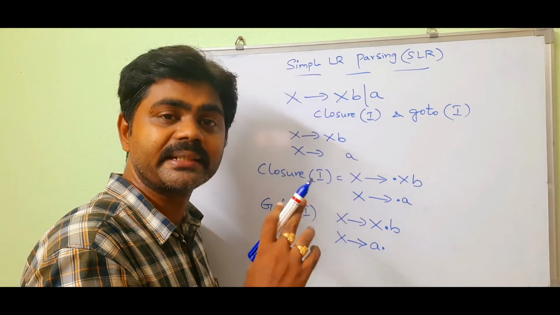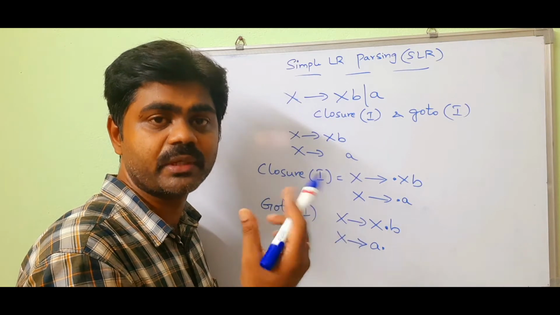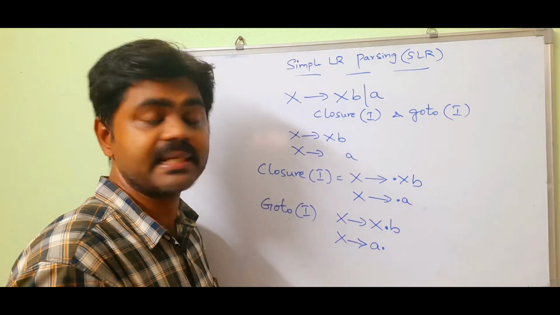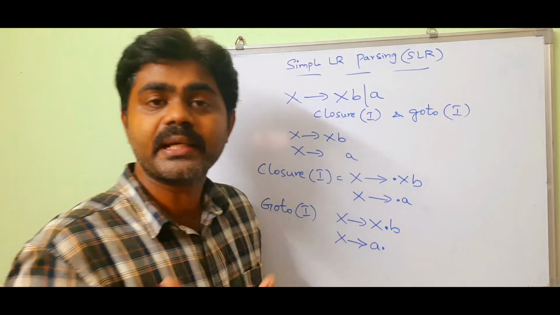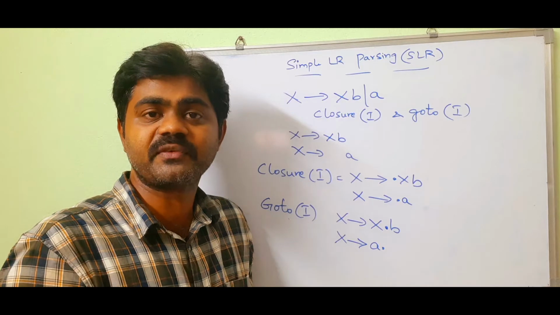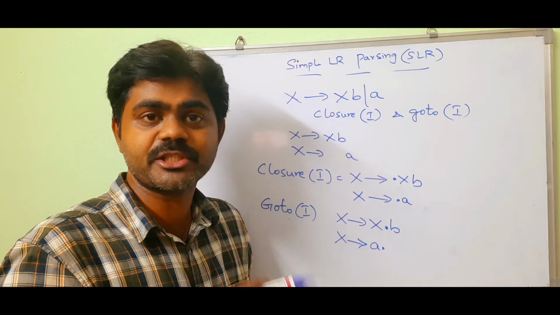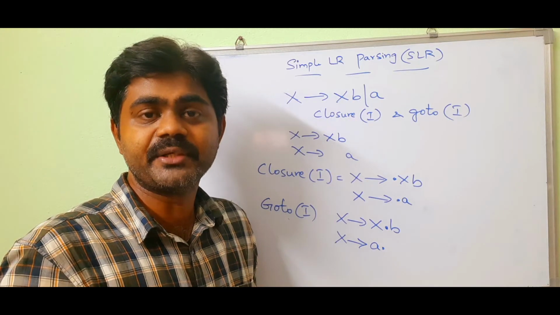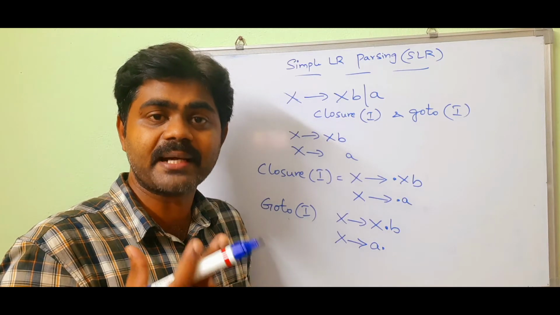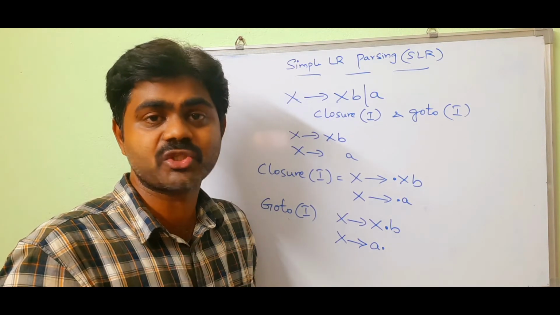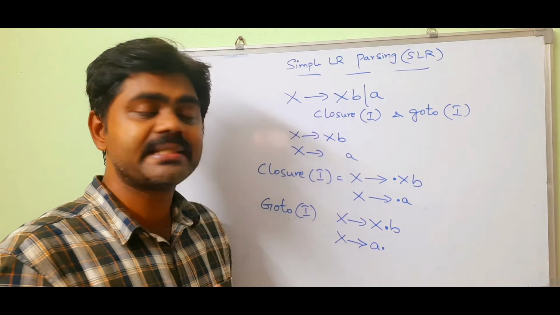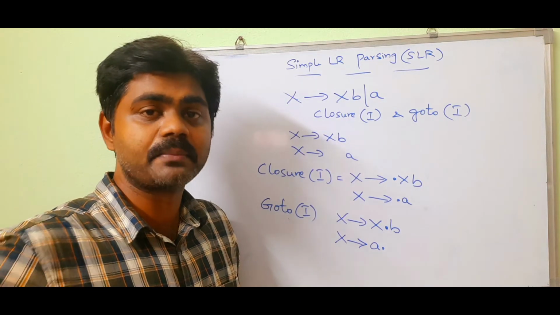Okay. Now we can directly switch to our actual problem of solving SLR. So a grammar will be given. First we need to find the canonical set of items for that. Later we should apply closure and goto. And finally we need to construct an SLR parsing table, and later on we need to parse the input string. Okay, so let's see a problem by taking an example.